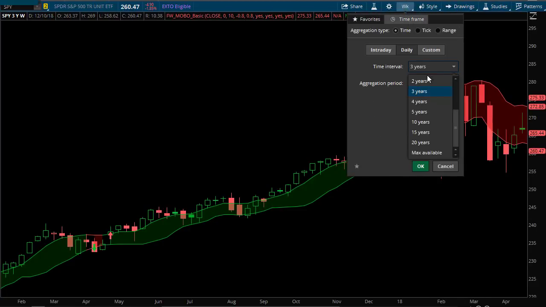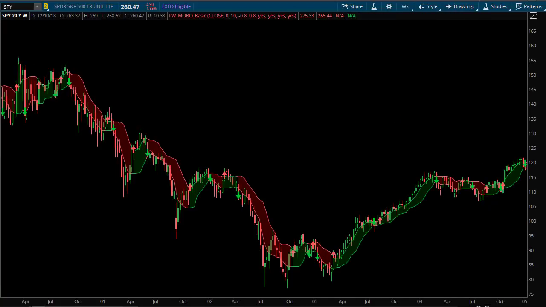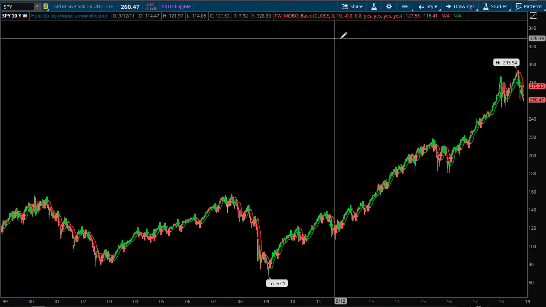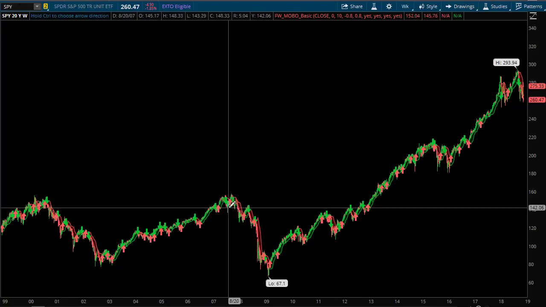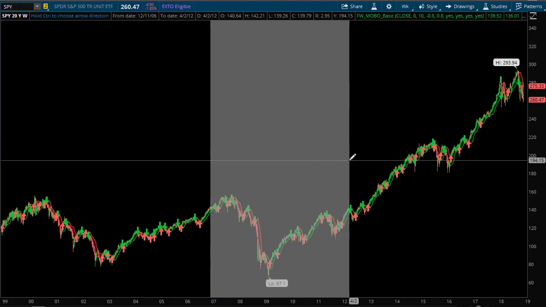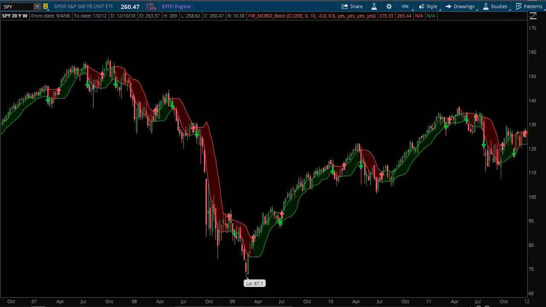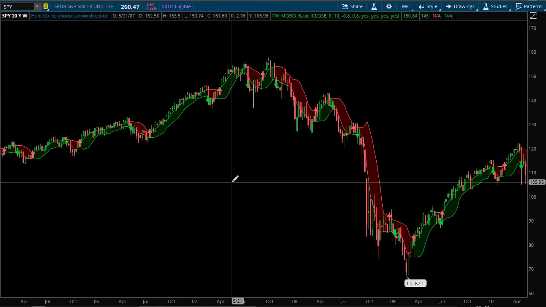And I'm going to put up 20 years of weekly chart Bollinger Band on SPY. And you can see that here was the financial crisis. And let's just say you're not a trader at all. I think this is a very good thing to just watch every week, just to say, you know what,